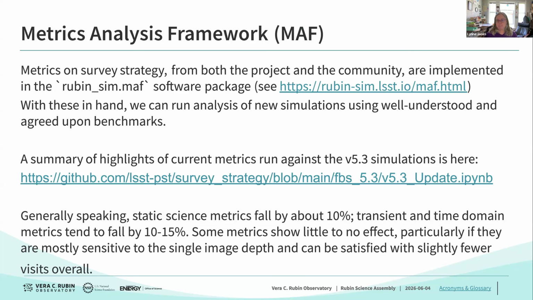And so the template tier really is intended to make sure that we get enough visits and in good conditions. And for some of the band passes, that's not so much of an issue. We would have probably acquired that many in R and I, for example. But in the bluer bands U and G, I think there was a real risk of us not actually acquiring the visits we needed for templates.